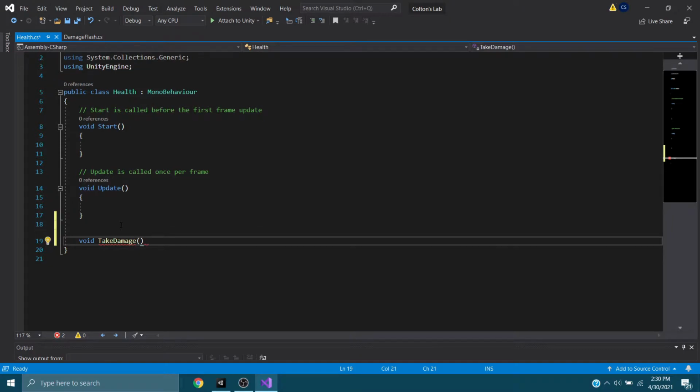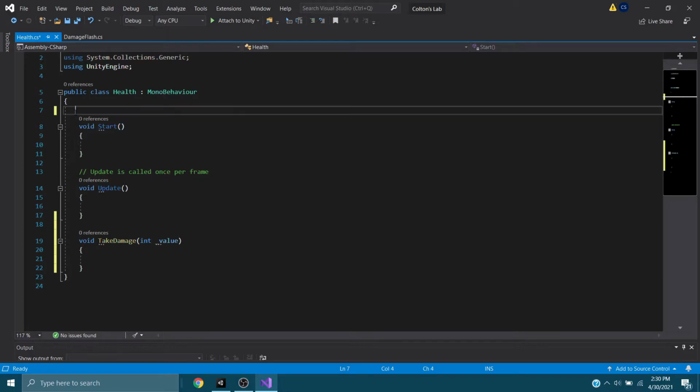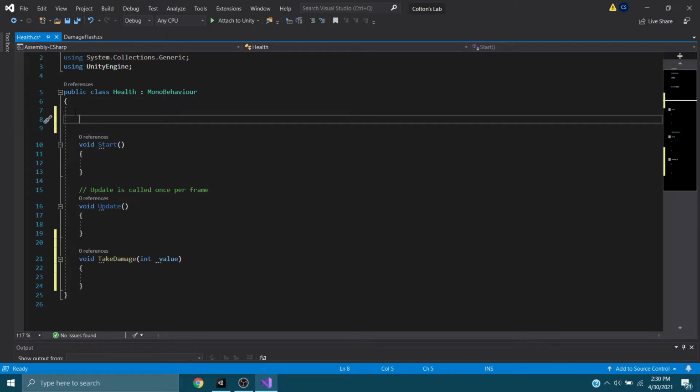When we take damage, we want to be able to give it a number. So we're going to give it an integer that I call value. And that value is going to be subtracted from your health. So the easiest way to do this, we're going to create a new integer. Integers are just full numbers, 0, 1, 2, 3, and so on. They could be negative numbers as well, but normally you don't use those. Once your health gets down below 0 or is 0, that object is destroyed or whatever you wish it to do. So we're going to be using integer health,